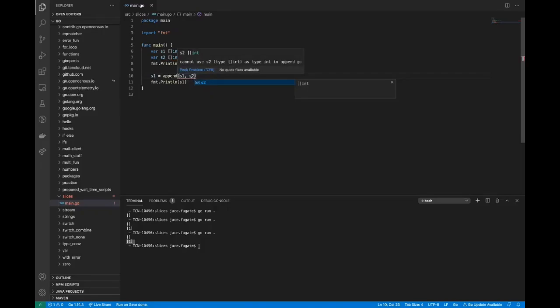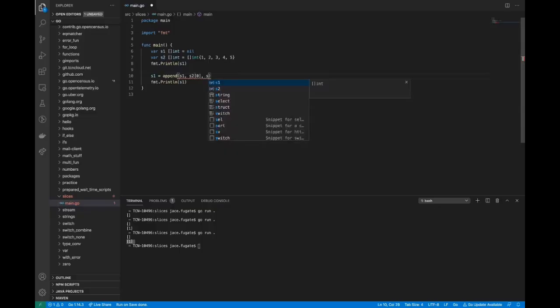So something that's interesting with the append function is that it's not required to only pass 2 things in. If we wanted to, we could actually append more than one thing at one time. It's a variadic function. That's a topic to go over fully at another time. But basically that just means that it can take